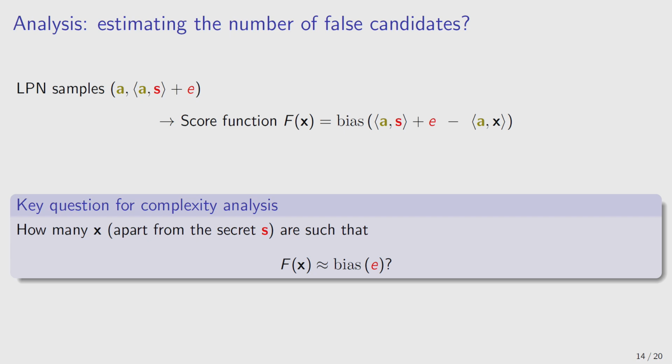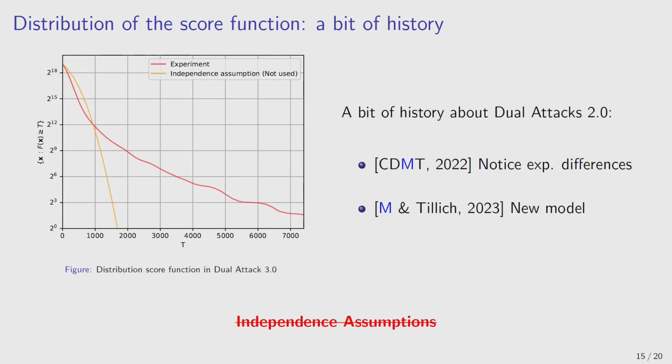So how many x's will have a high bias? So this quantity. Previously, what was done is we needed to study the distribution of F to understand what it looks like. And if we do a bit of history about dual attack,